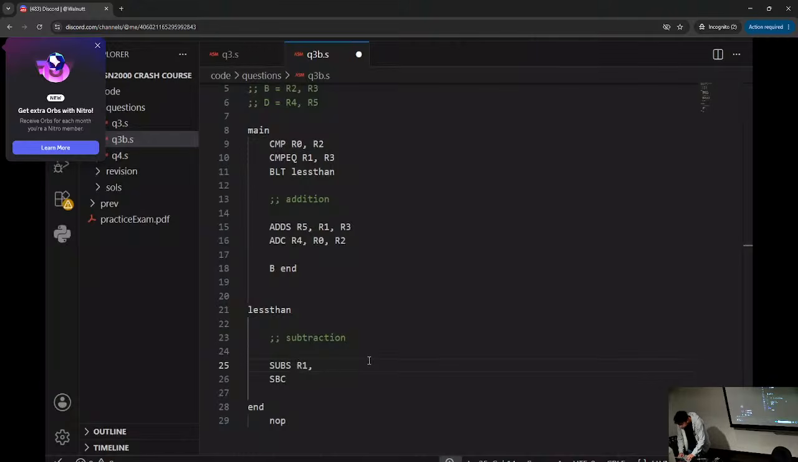R1, the R5, R1, R3. Yep, exactly. We just copy over what we've done on addition, and again we can do the same thing with